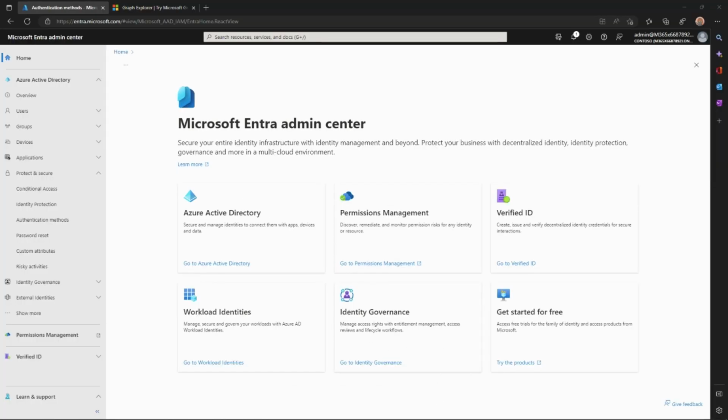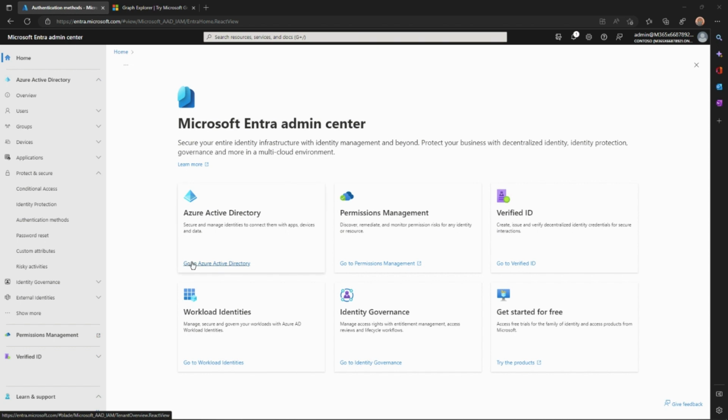Okay, so here I am in the Entra portal. So I like going into the Entra portal as opposed to the Azure Active Directory portal. You can obviously get to the same settings, but I find that I prefer the way that the Entra portal is organized for Azure Active Directory. Often if I'm going through the Azure Active Directory portal, for example, if I need to go to conditional access policies, I go to Azure Active Directory, then I have to go to security, then I go to conditional access policies. Whereas in the Entra portal, I've got the common entry points for Azure Active Directory listed here